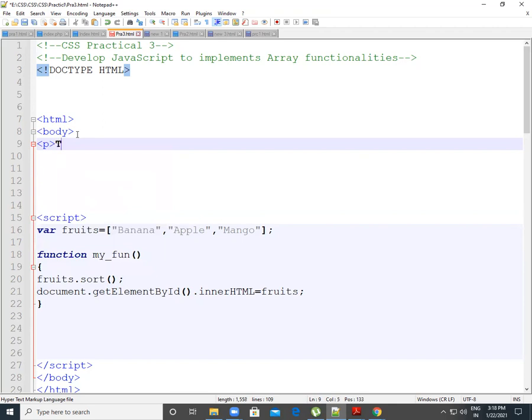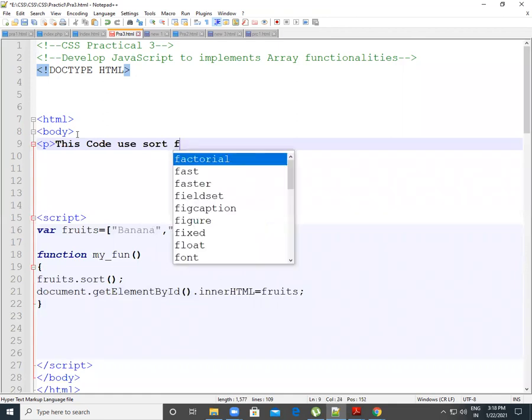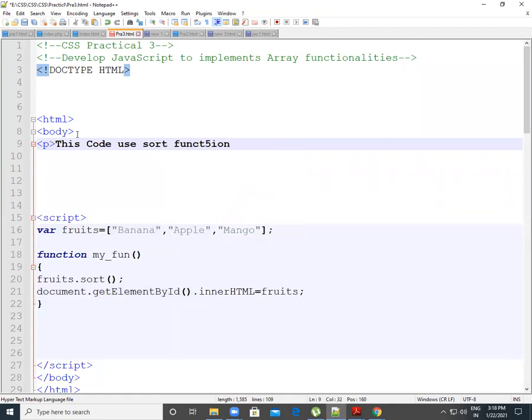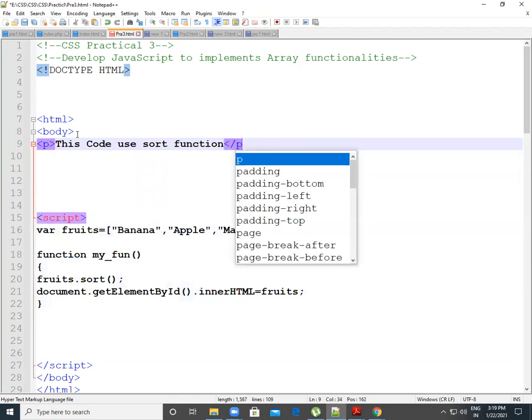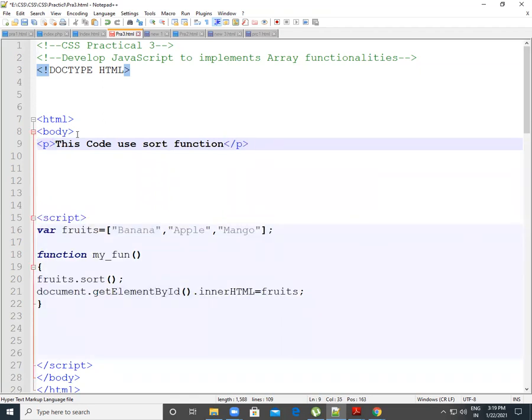So using a sort function, code, use sort function. Okay, so let's complete this first, our paragraph.